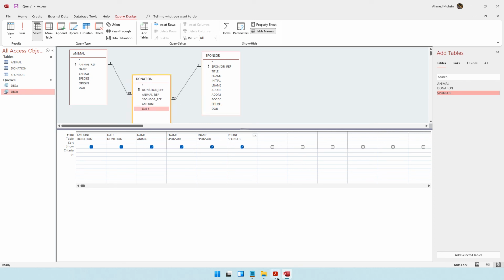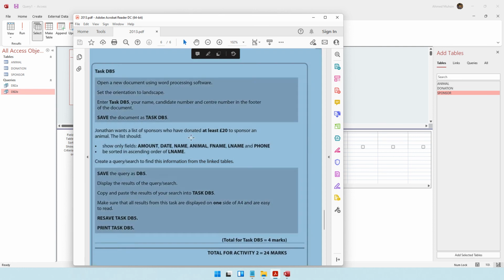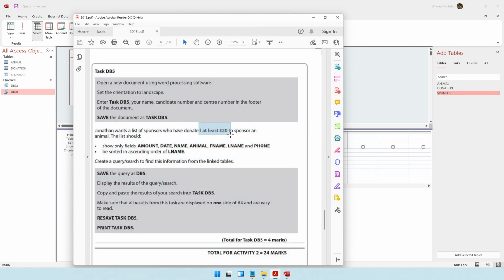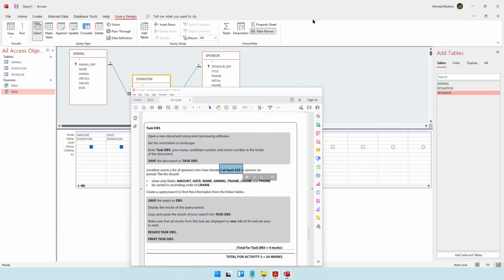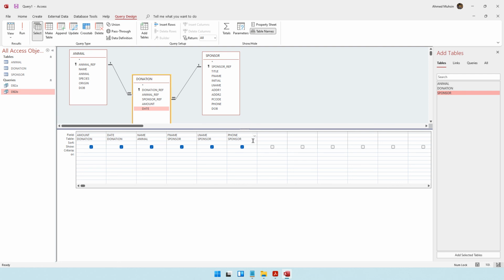Okay, so what was the first criteria? There is only one criteria: who have donated at least 20 pounds. So donation amount, where is donation amount? Donation amount is not over here. Amount is over here. So what you can say over here is at least 20 pounds means greater than or equal to 20 pounds, isn't it? At least 20 pounds means 20, 21, 22, 23, isn't it? So you need something greater than or equal to 20, isn't it? So you can say greater than or equal to